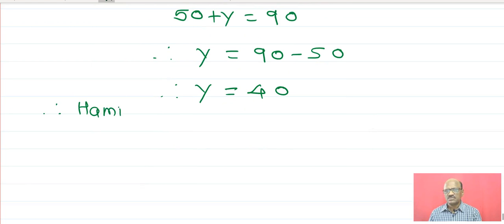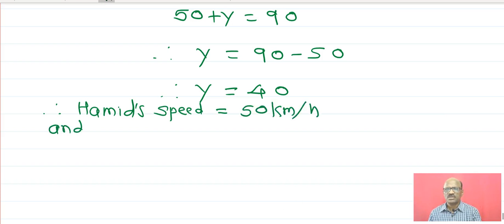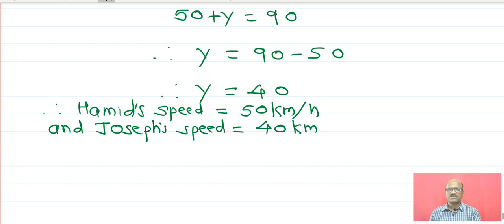Therefore, the speed of Hamid is 50 km per hour and that of Joseph is 40 km per hour. In this way, we have completed chapter number 1. I will take the next chapter,